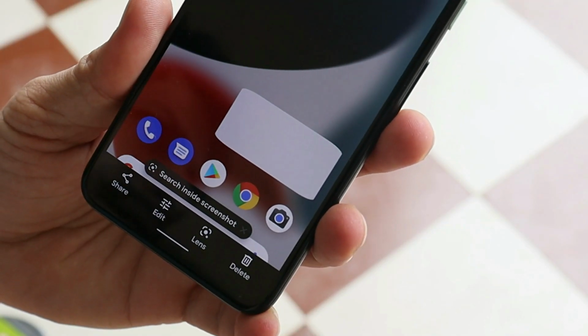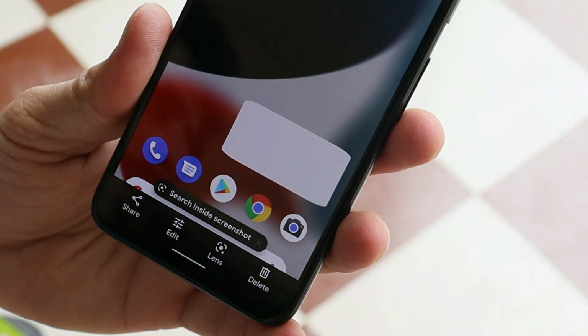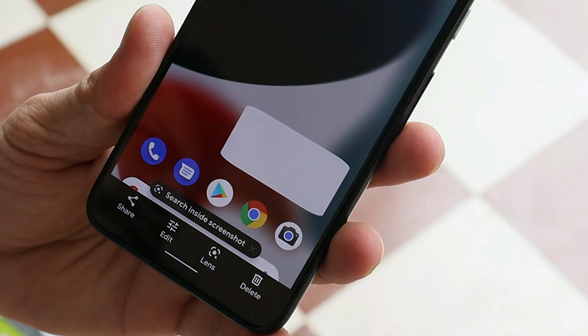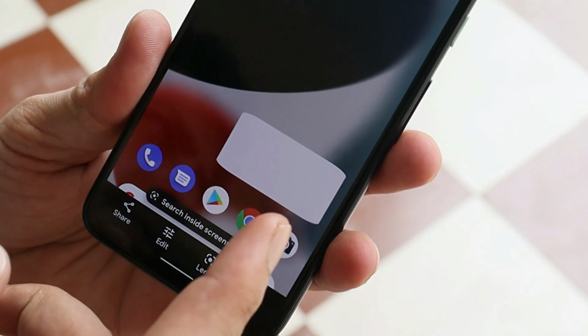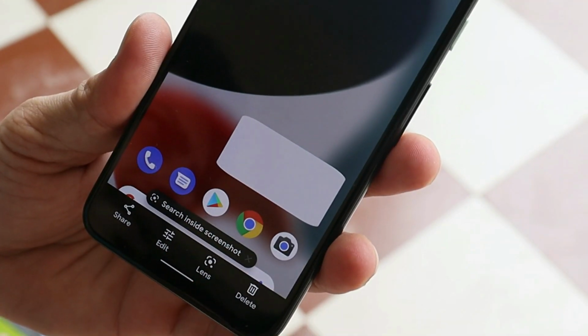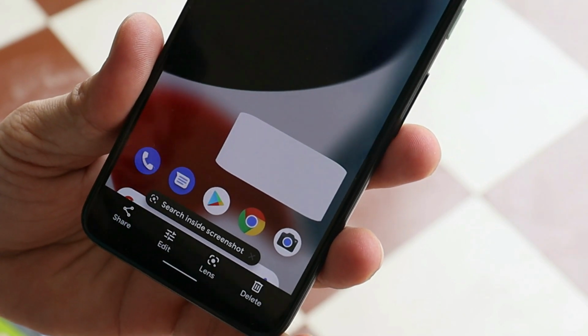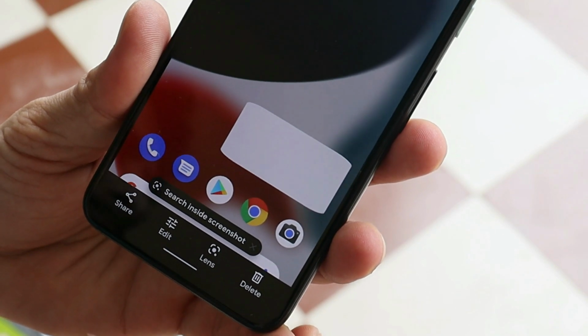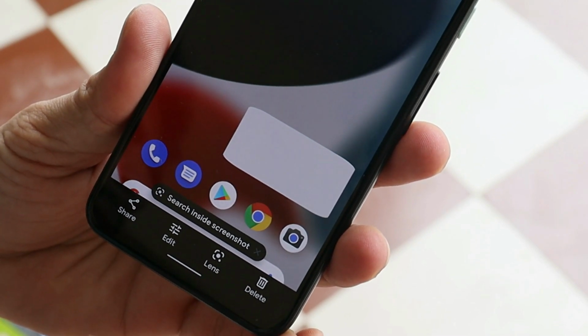Next issue is with picture-in-picture mode, and this have happened almost all the times. If I'm watching any video and I switch to picture-in-picture mode, this is how it looks on the home screen. So here I have taken a screenshot, and in picture-in-picture mode I wasn't able to watch any videos. Also I have performed a factory reset after updating the device, and still results were pretty same.